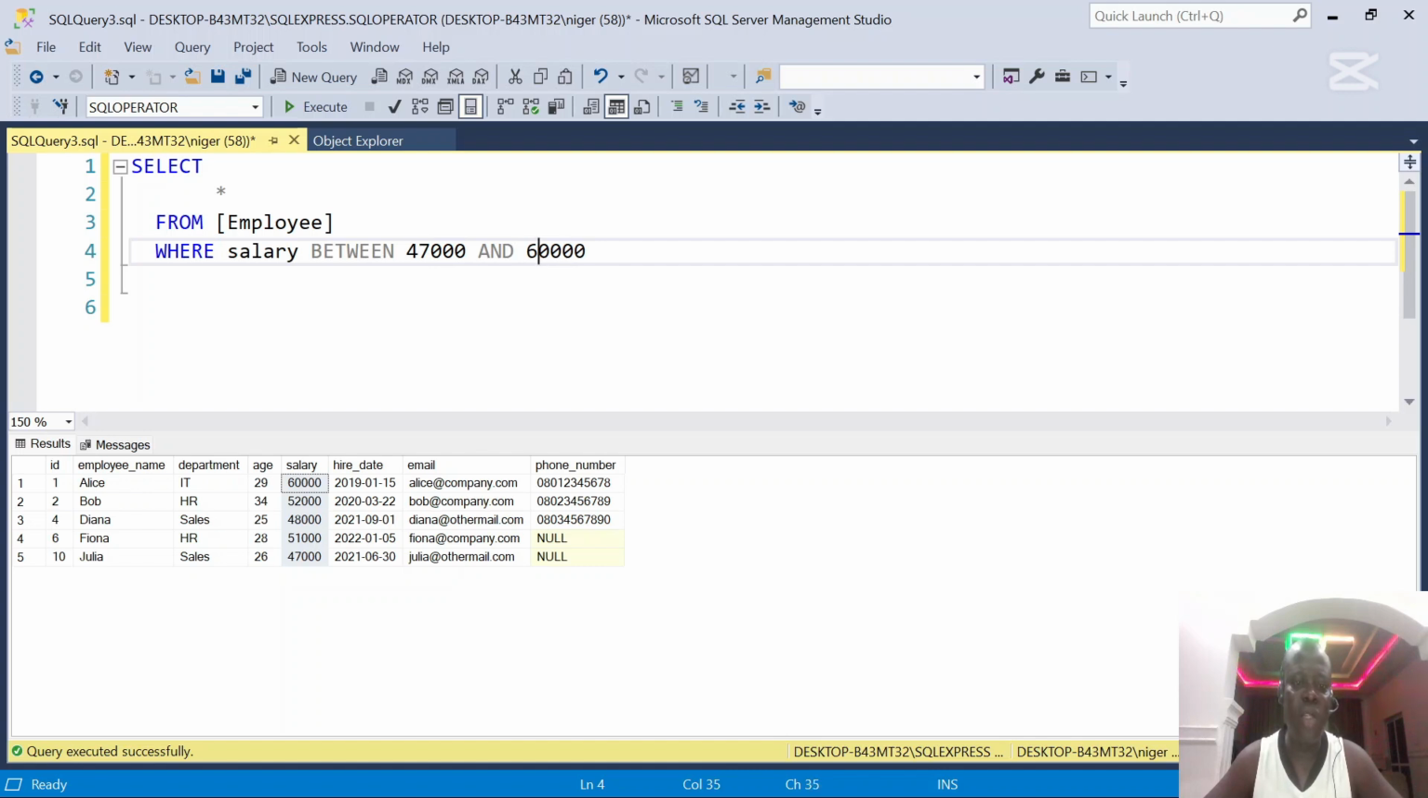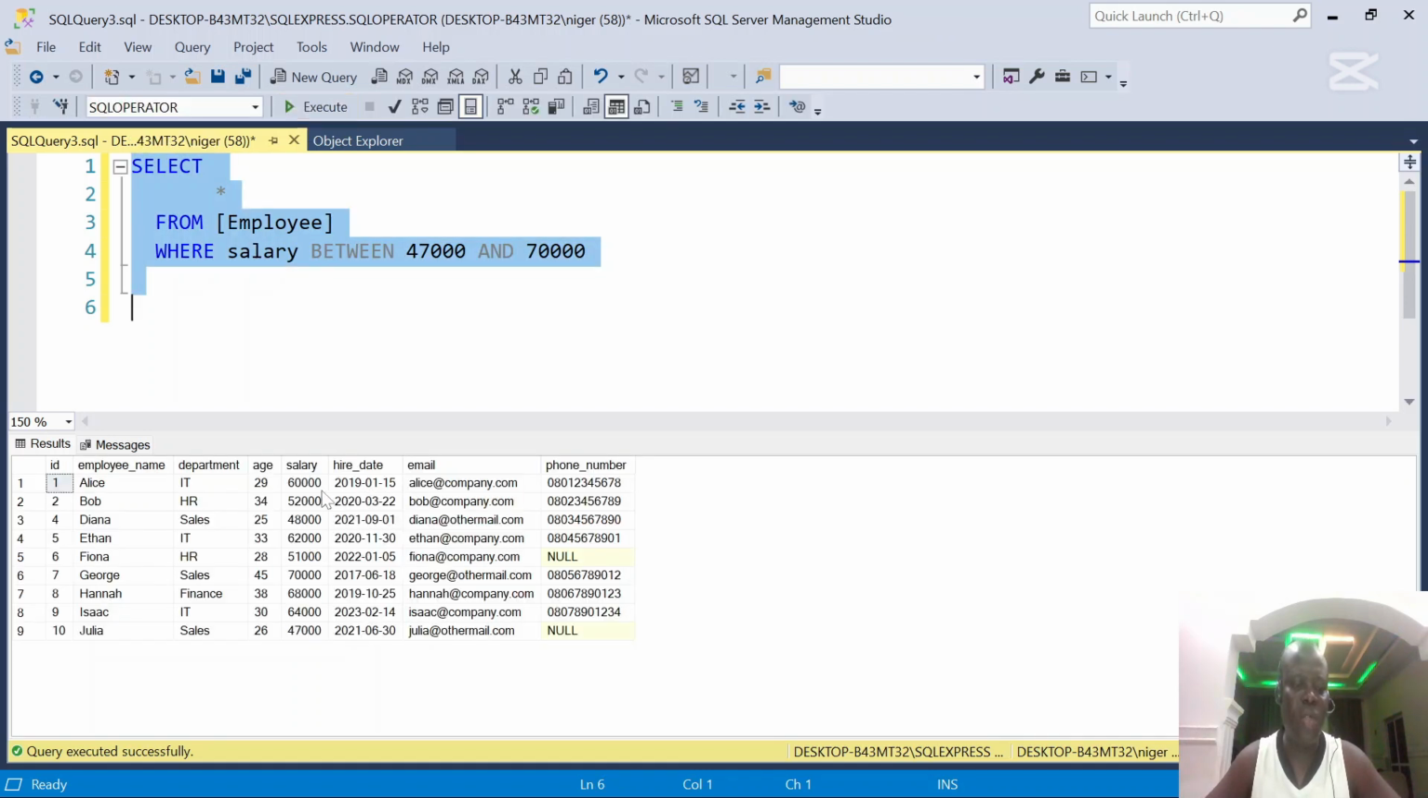So if I change this to 70,000 and I execute it, you could see we now have the list between 47,000 and 70,000 naira. So that is how to use the between operator. The next is the is null and is not null